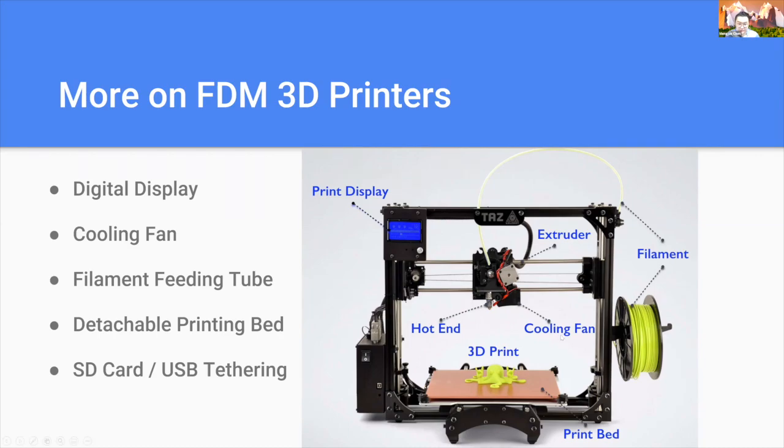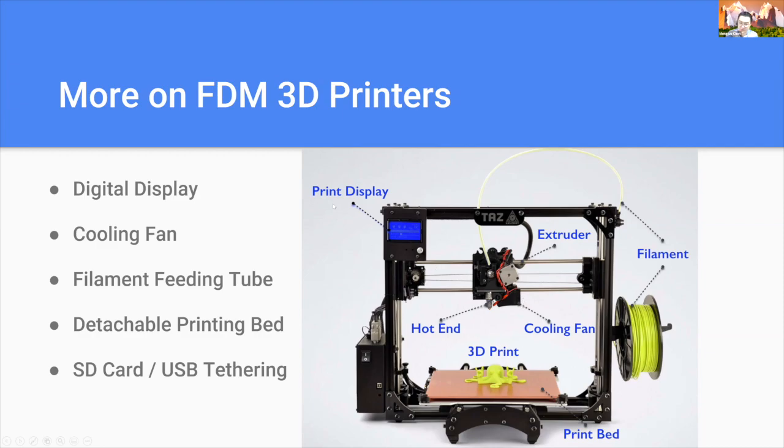On this 3D printer specifically, you can see a few more features that I want to point out. The first one is the print bed, right? On different 3D printers, sometimes the print bed is removable, sometimes it's not. Sometimes the print bed has a flexible attachment you can take off and flex to remove the print, and that makes it much easier. You can also see a cooling fan for the hot end, right? And this is directed to where the hot end is shooting, which means that it's going to cool the plastic down. And we'll talk about the application of that later in terms of being able to print overhangs and bridges,